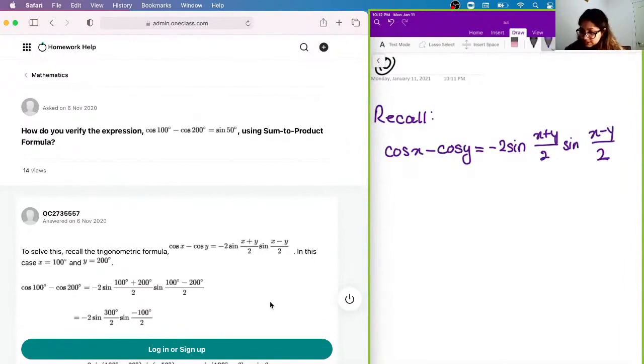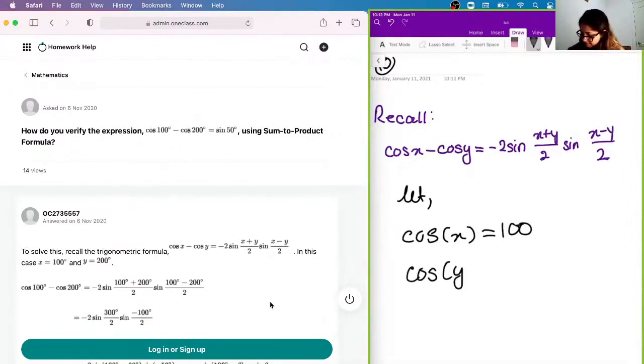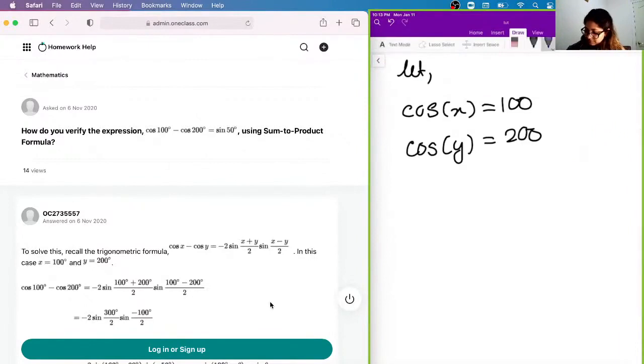And so in this case, what we would do is let x be equal to 100, and y is equal to 200. So what we're going to do is basically put this into the formula. So basically cos of 100 minus cos of 200, which is your y,